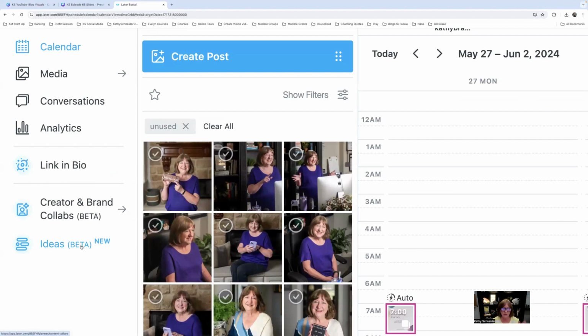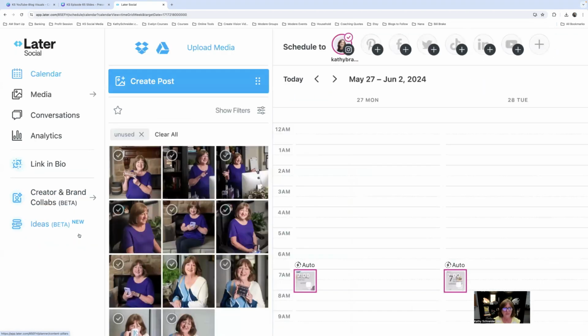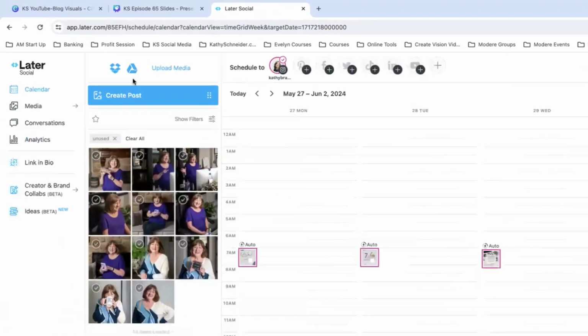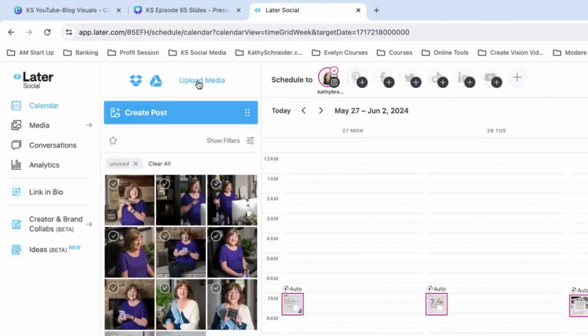So I'm not going to demonstrate those since those are being beta tested at this time, but just know that these things are there. Okay. And then up here, you could actually upload media from your desktop, okay, as an example, or your laptop. You can upload it from your phone, obviously, if you're on your phone. You can upload it